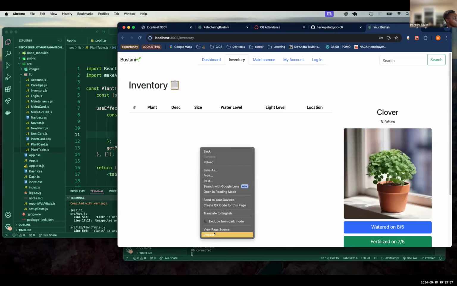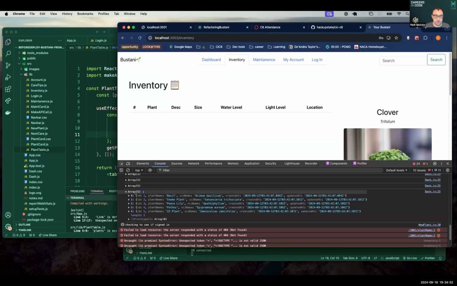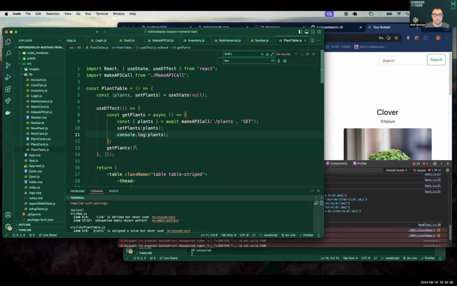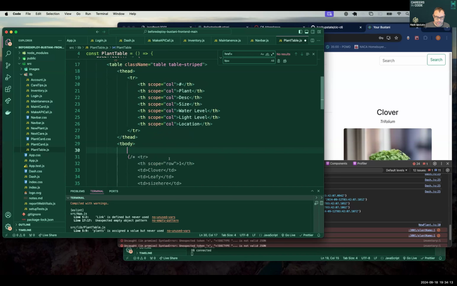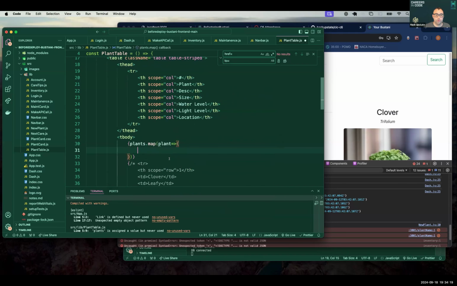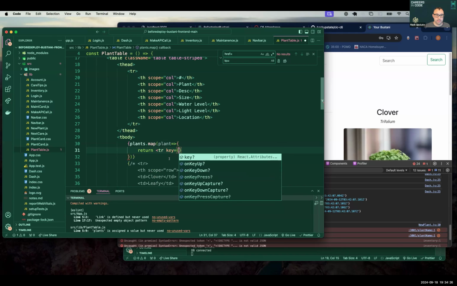So you go to console and we got our array, which has all of our plants in it. So that's good. Now all we have to do is actually use the data that we're setting in. In order to do that, and this is a good thing for everyone to see, we're going to go to our plants and map over it. And we're going to tell it what we want to show up for each plant in the database. We want a table row to show up with a key using the plant ID.